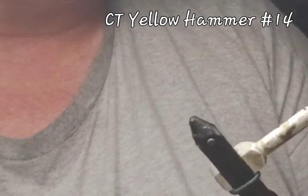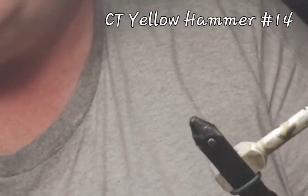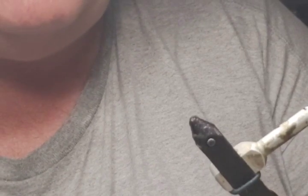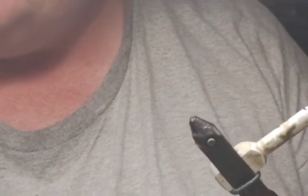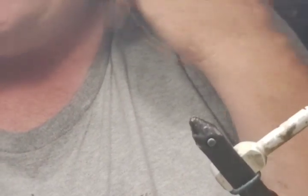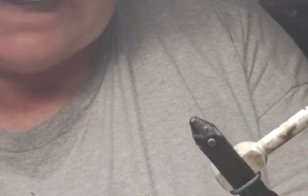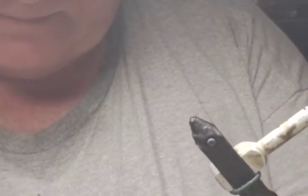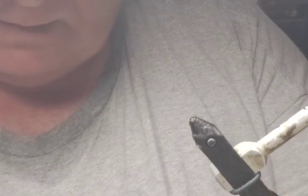And this afternoon, boys and girls, we are going to be tying a pattern that's very successful in the Appalachian Mountains for the native brook trout that run around up there. It's called the Yellow Hammer. I'm told that the Native Americans actually originated this pattern, and the settlers saw them making it and using it, and they made it and used it and had a lot of success. Pattern's been around for a long time, since at least the